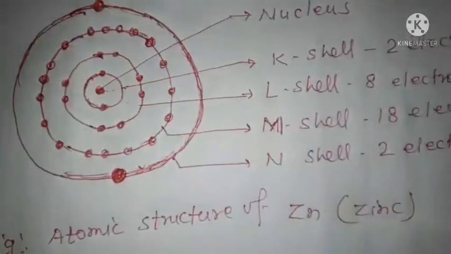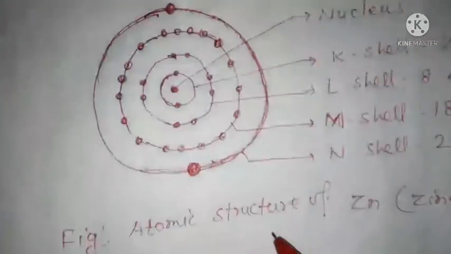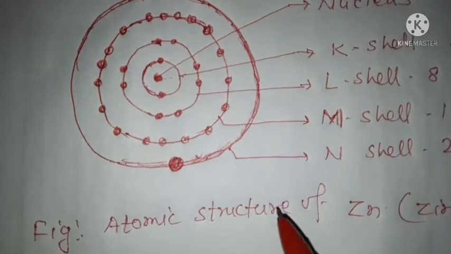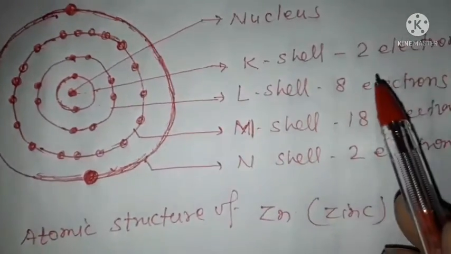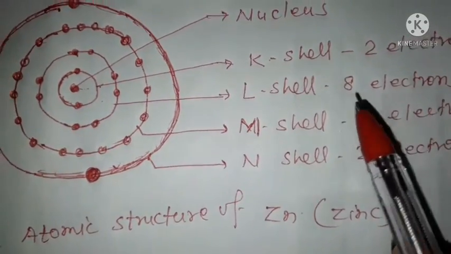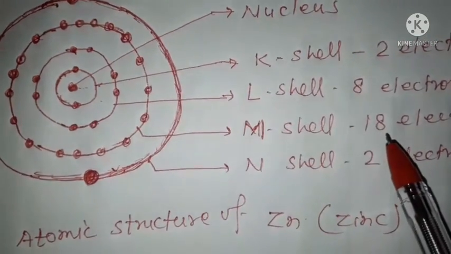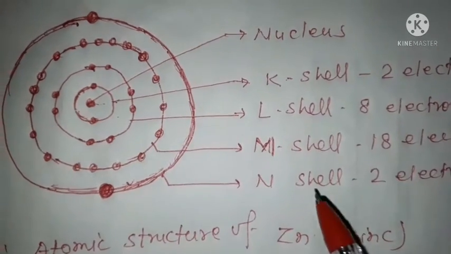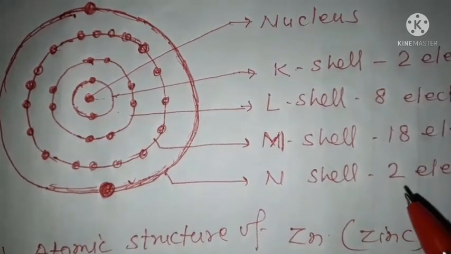Now by showing this structure, we can prove that K cell contains 2 electrons, L cell contains 8 electrons, and M cell contains 18 electrons. On going onwards, we can calculate